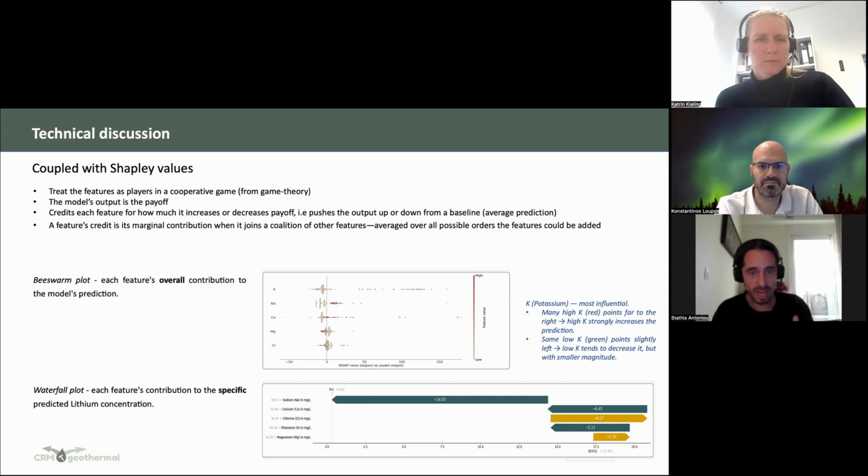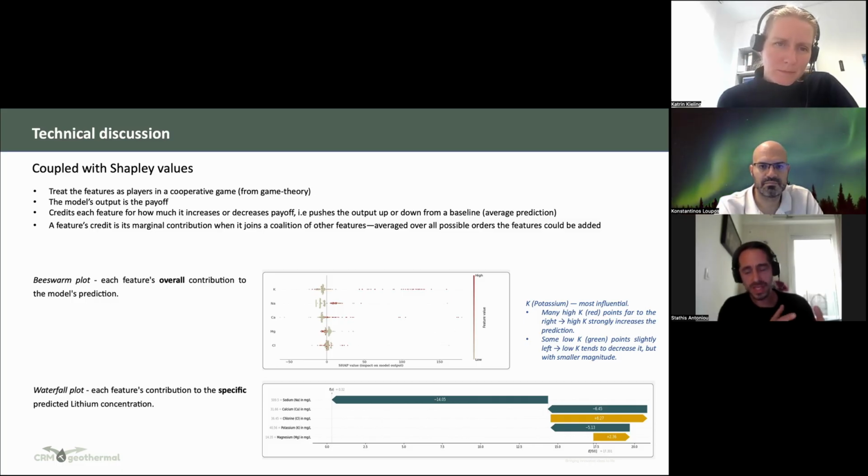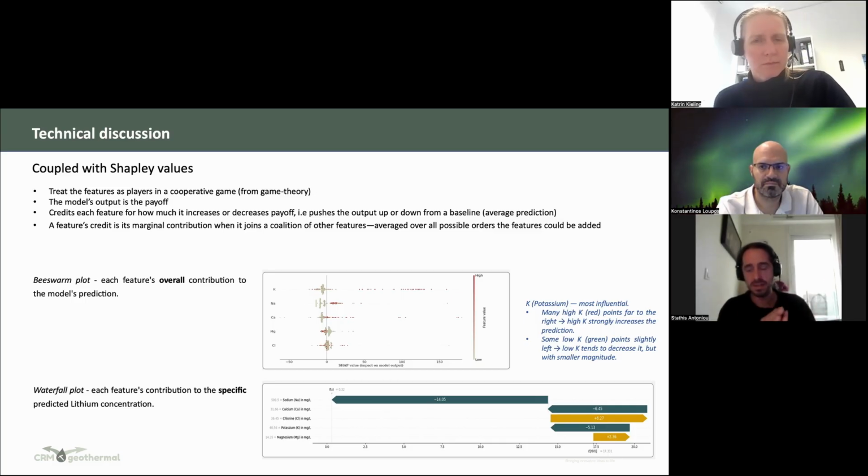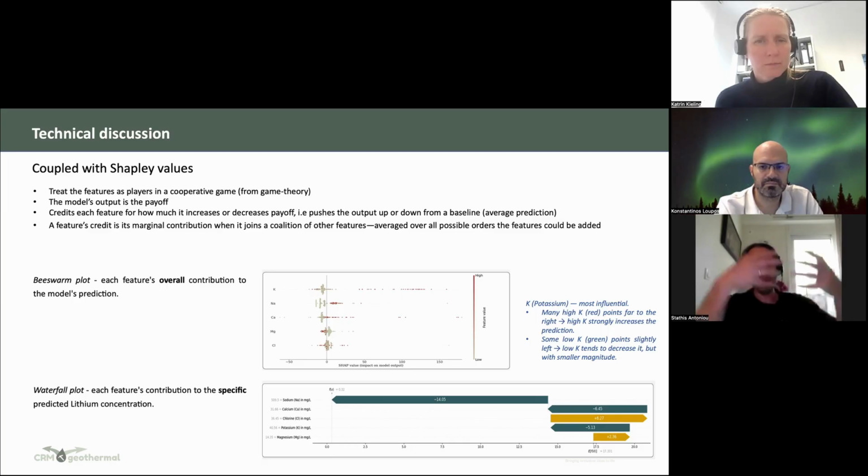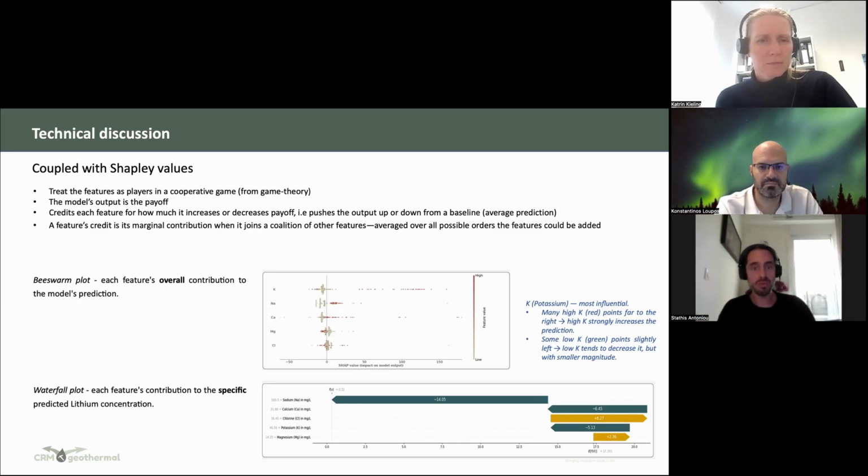0.32. And okay, how did we get this prediction? We started from the average, and we can see every input feature as moving this prediction left or right with a plus or minus sign. In the end, all the features are contributing, and you are able to see the contribution of each feature. That's the added value.